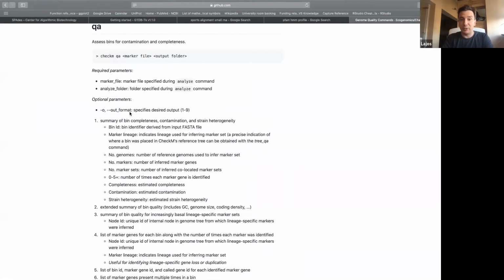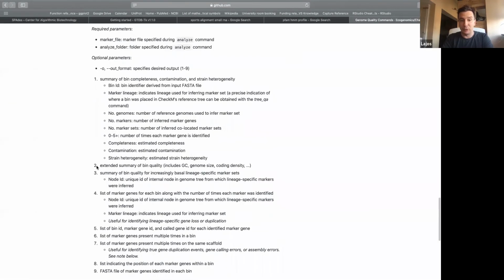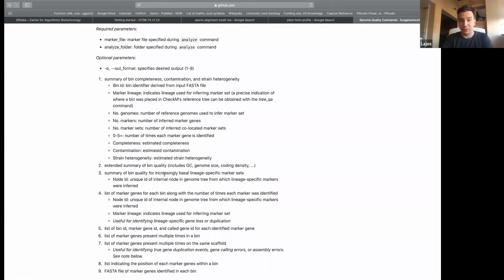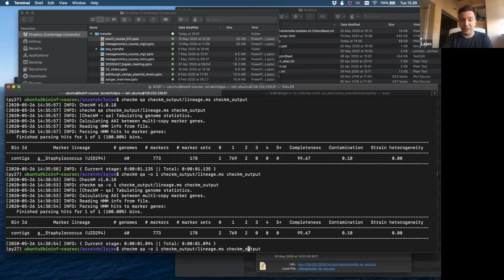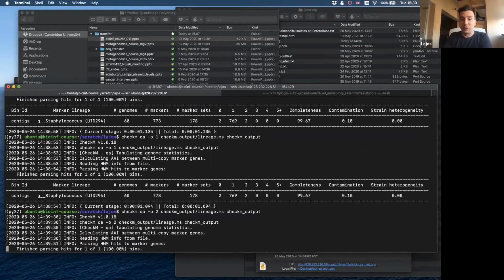But if you want to see a bit more, then you can go for -o 2 to have some extended summary. For example, in this short summary, you don't really have anything about your assembly quality. You have information on your genome quality. You see that it is probably very complete, but you don't really see how fragmented it is, so how many contigs you have. So if you go for -o 2,